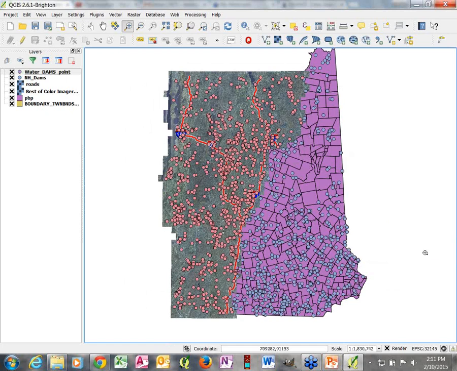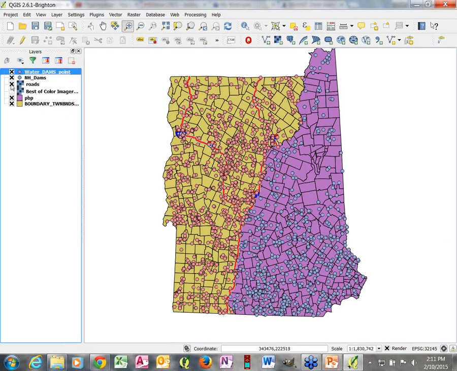There's our Vermont dams. The other thing that I want to do, and I'm going to just turn off the imagery and the roads for a minute, is bring in tabular data that doesn't have an inherent geospatial component. What I mean by that is it doesn't have coordinates associated with it. It is actually inherently geospatial, but